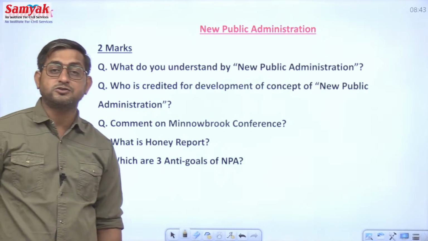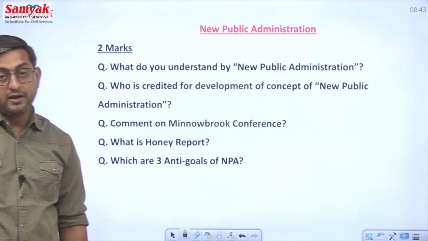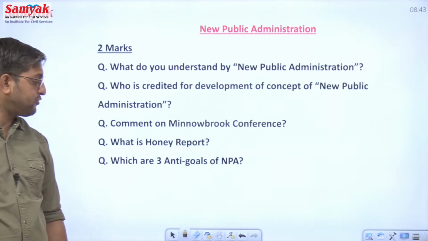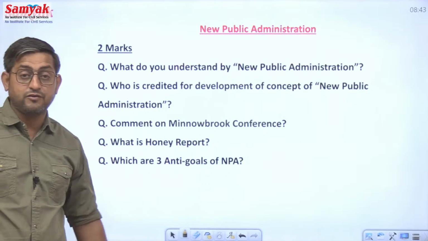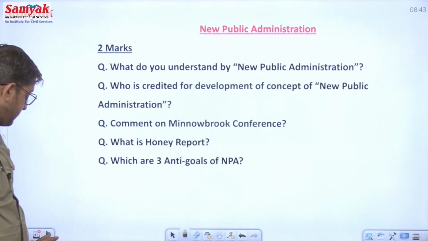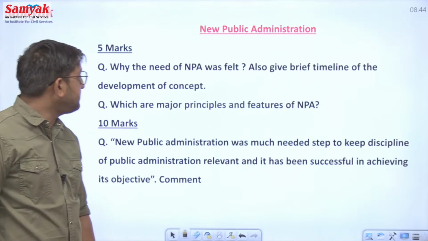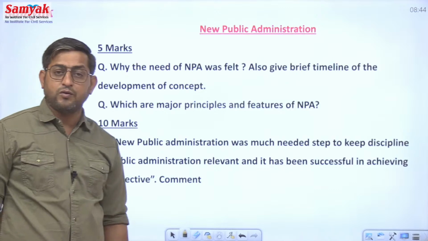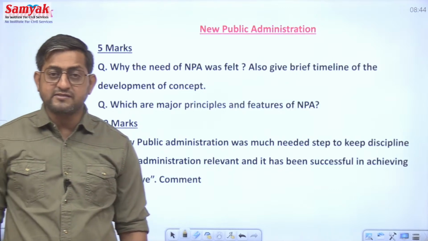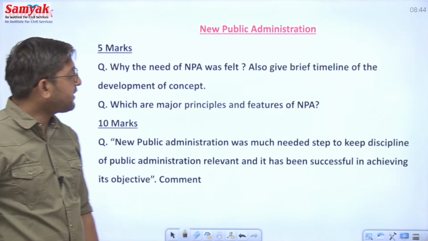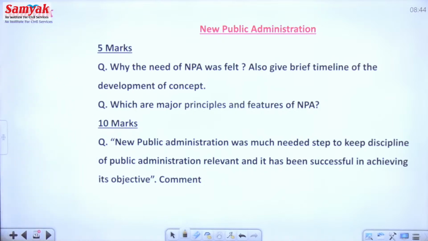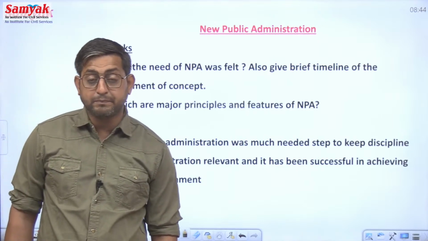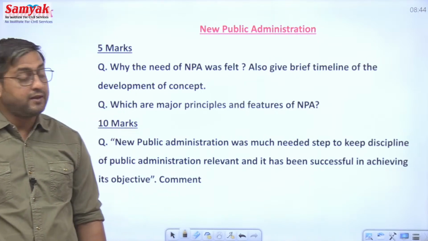Which are the three anti-goals of the NPA? One of the most important questions of public administration in the 2-marker, and it is repeated very frequently. So we simply need to know the names of the anti-goals, but in the discussion phase we will discuss the meaning of the anti-goals also. In the 5-marker, the probable question can be why the need for the NPA or new public administration was felt, or what were the circumstances in which this concept of the NPA was developed. Second, also give a brief timeline of the development of the concept. So what factors, or when those factors happened, which led to the development of the NPA,